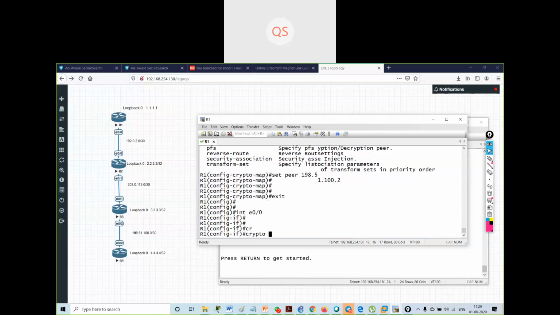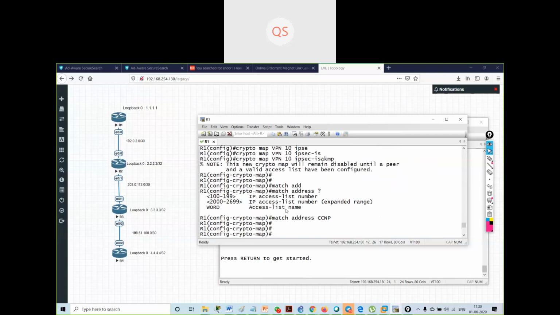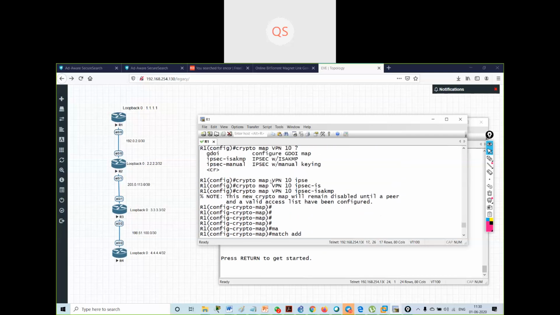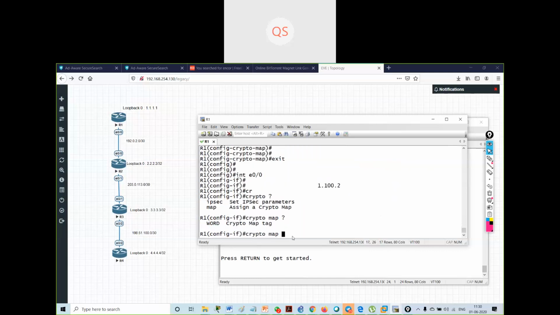So what do I have to say? I have to say crypto map, then the name of the map. What was the name of the map I've created? VPN was my name. So I will say VPN.